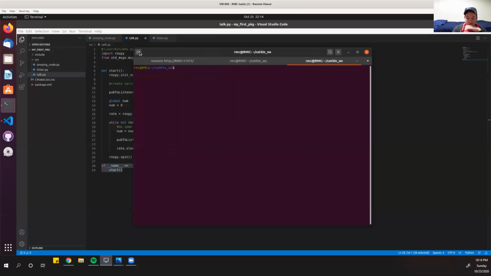So let's go to a new terminal, go ahead and source, which I just went back into commands by hitting the up arrow. And now we're going to do a rosrun my_first_package, and then we're going to do listen.py. And we should see,